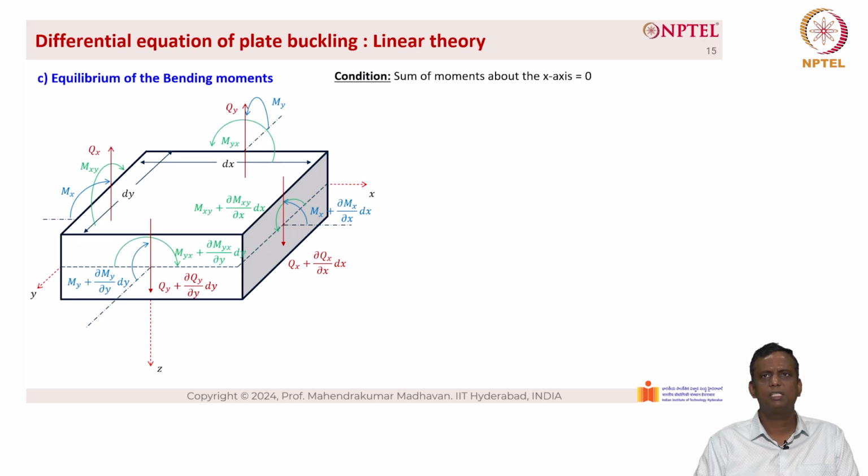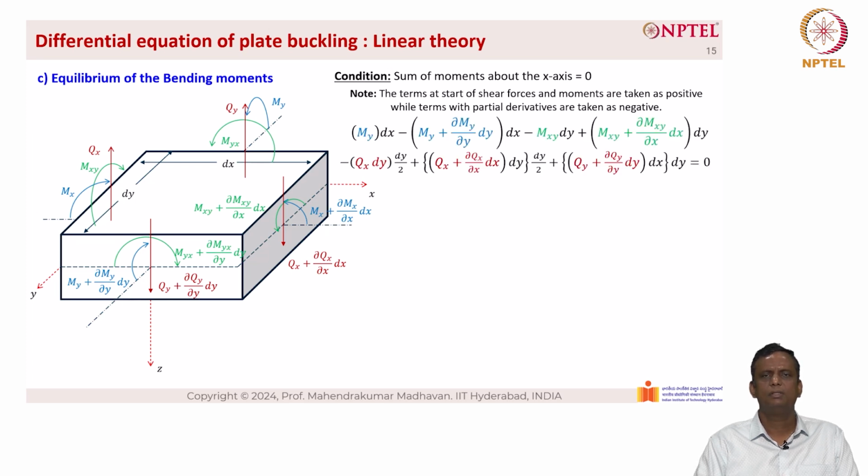Now, the condition is that the sum of the moments about the x-axis should be equal to 0. Note that the terms at the start of the shear forces and moments are taken as positive, while the terms with partial derivatives are taken as negatives. Now, we have My into dx minus (My plus ∂My/∂y into dy) into dx minus Mxy